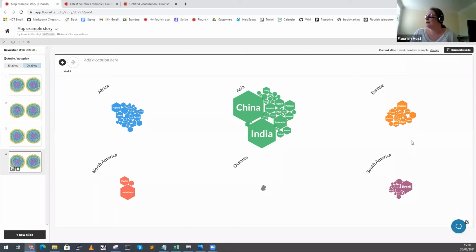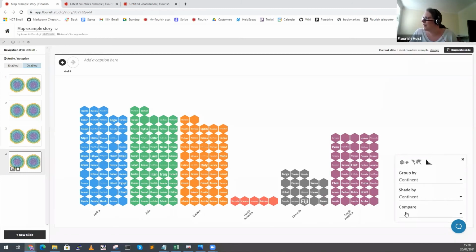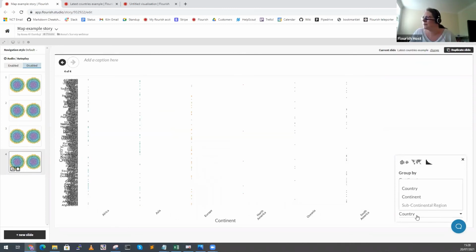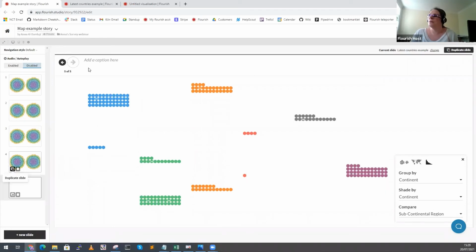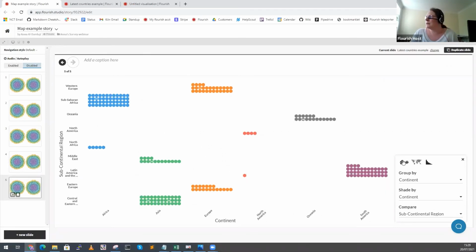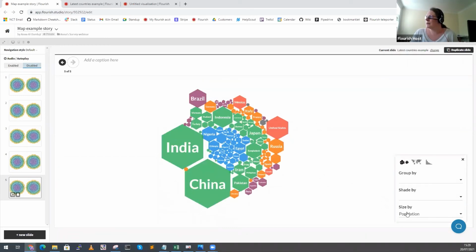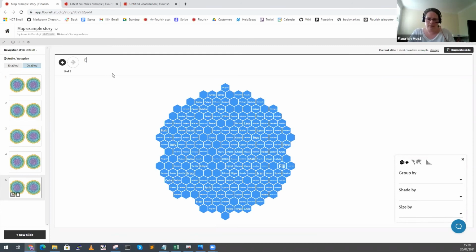So for example, here we could draw, we could compare continent to country. That's not very good. Continent to subcontinent, let's say. And then we can add another comment there. And then here we can have a final slide where we just remove all the filters altogether, get it back to the basics,